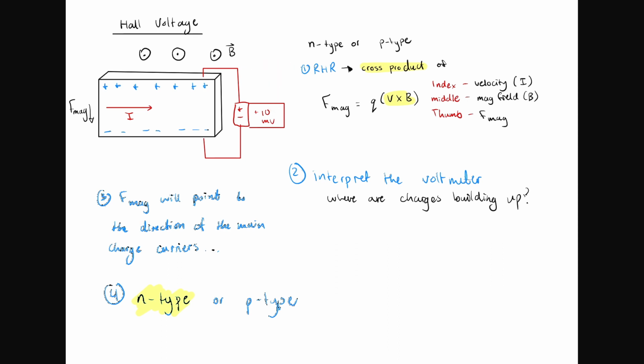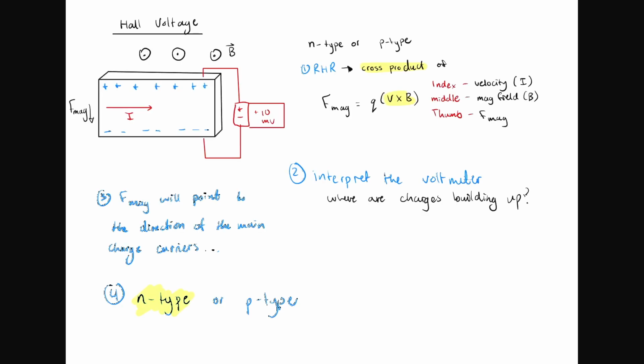So all of these things are possibilities. And remember that the current can be from the movement of the electrons or the holes. I'm going to do a couple more examples really quickly. Actually, while we're here,